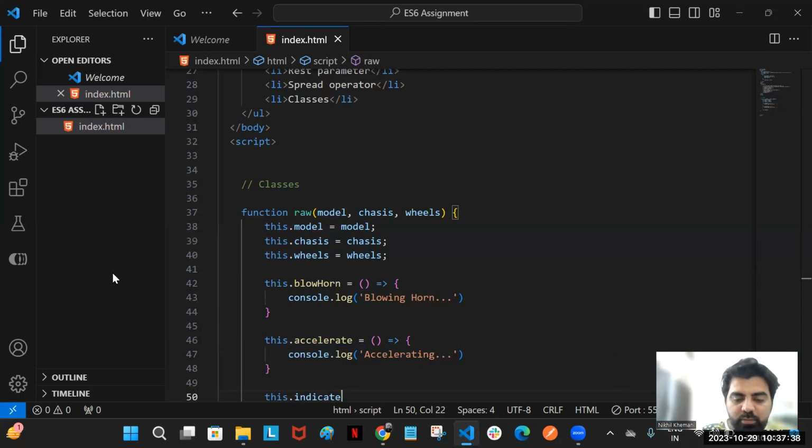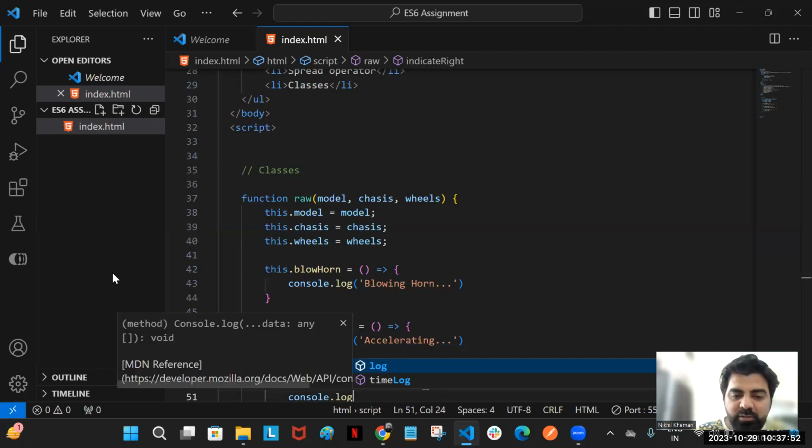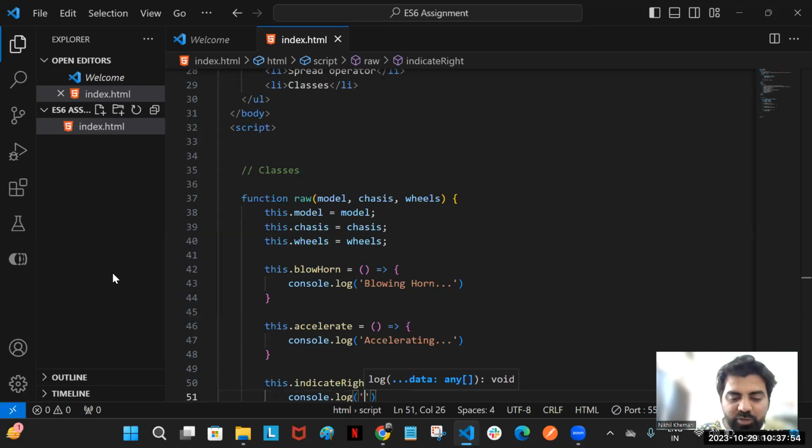Indicate right. We are giving an indicator to the right side, so that's why I wrote indicate right. Okay. Console.log right indicator